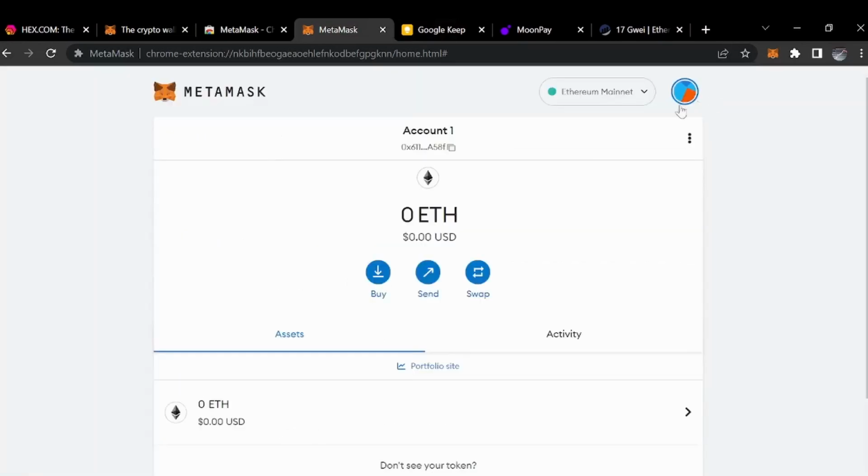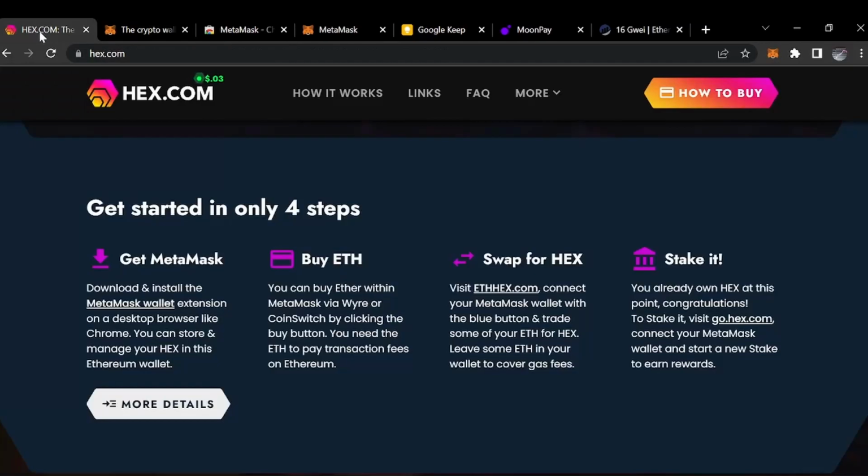So once you've got your MetaMask, your Ethereum should turn up in here once you've done your MoonPay or your transaction, and you've got your account here that you can click to clipboard. So once you copy this to the clipboard, you can then add this to something else. So if we go back over to hex.com,